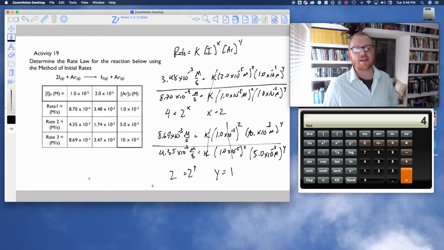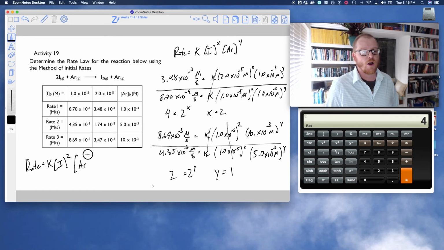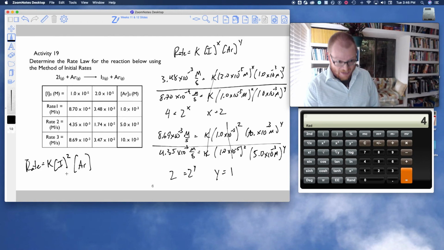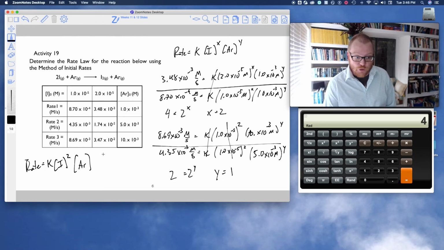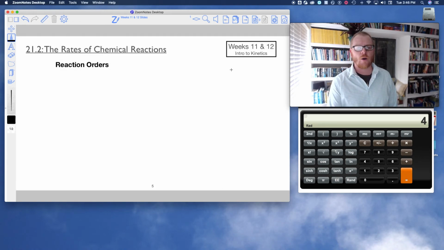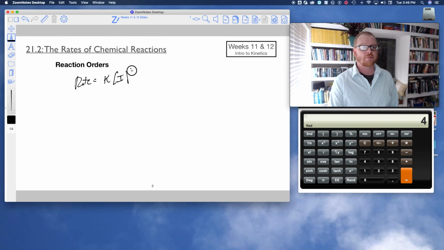So what does all of this mean now? Well, what this means now is my rate law equals K times iodide to the second power times argon to the first power. So what we would say is the reaction is second order in I, it's first order in argon, and it's third order overall. So let's write that actually where I left all these blanks here. So if we had a reaction that looks like this, that data that we just did, okay,